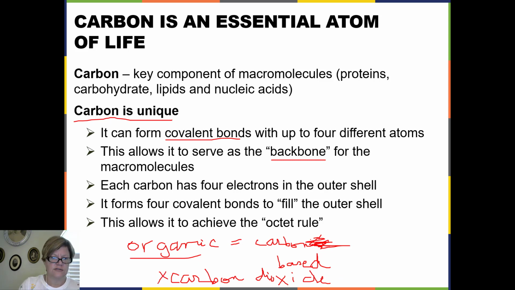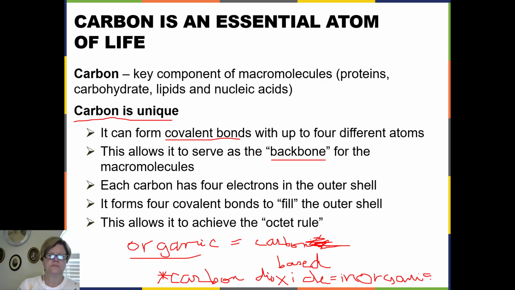So the exception to organic molecules containing carbon is carbon dioxide, because carbon dioxide is considered an inorganic carbon compound. It's the only one that I can think of off the top of my head. Again, I didn't make up the rules, I'm just telling you what they are. So that's the definition. Carbon dioxide is an inorganic carbon compound, but everything else that has carbon is considered an organic